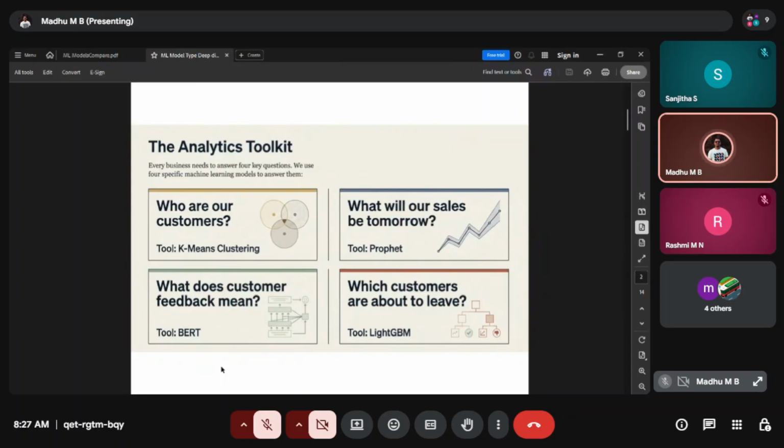And which customers are about to leave us, for this kind of analytics, LightGBM is the better tool. So let's say you are planning to create your own paper in terms of energy management, or about customers consuming energy. Keep in mind which ML model needs to be chosen for which category. This will help you guys out.